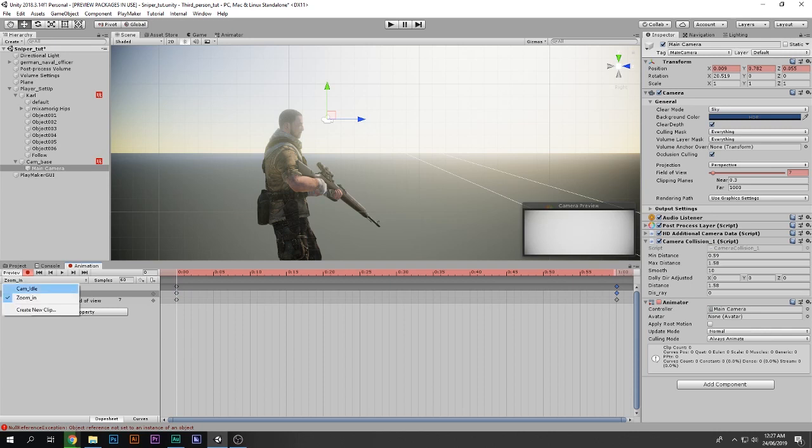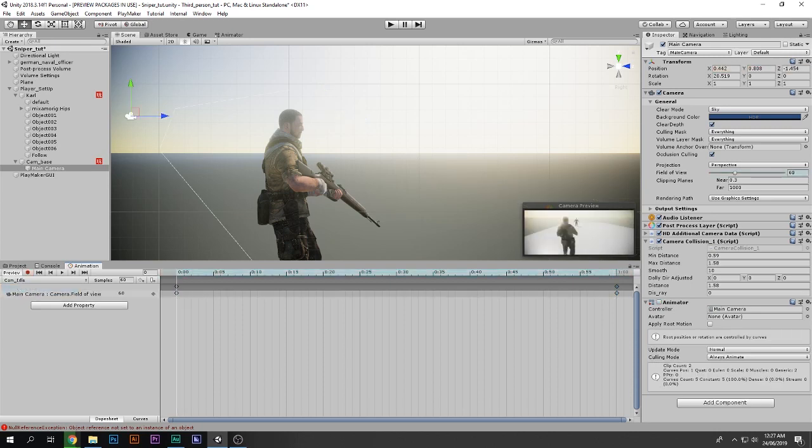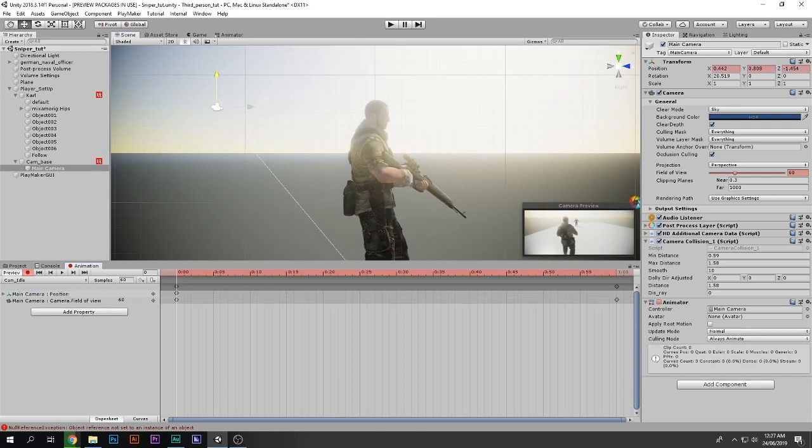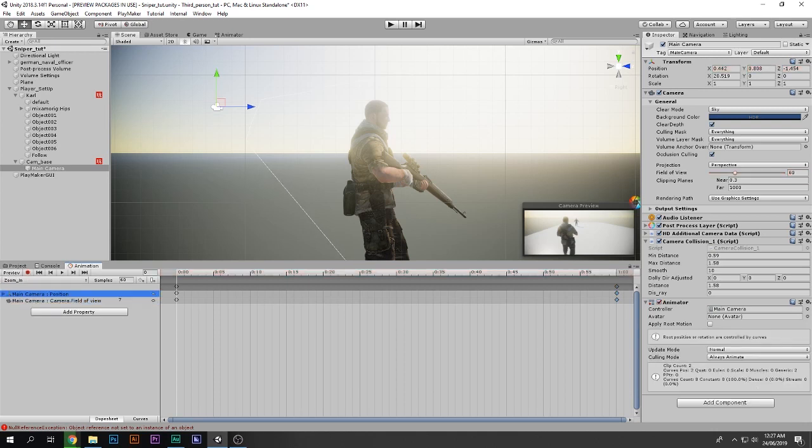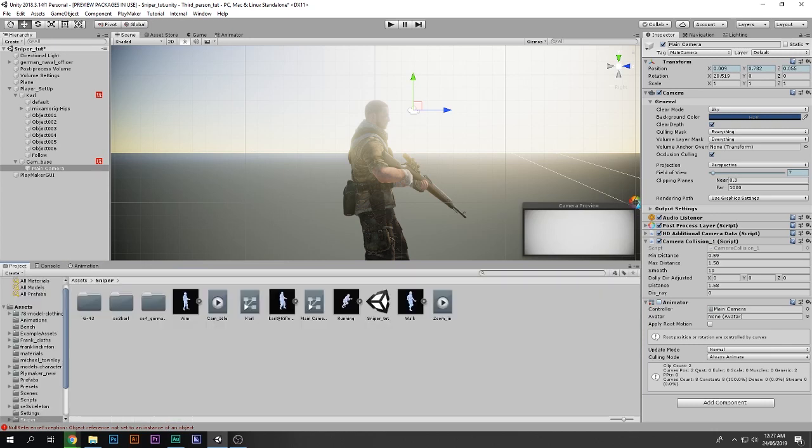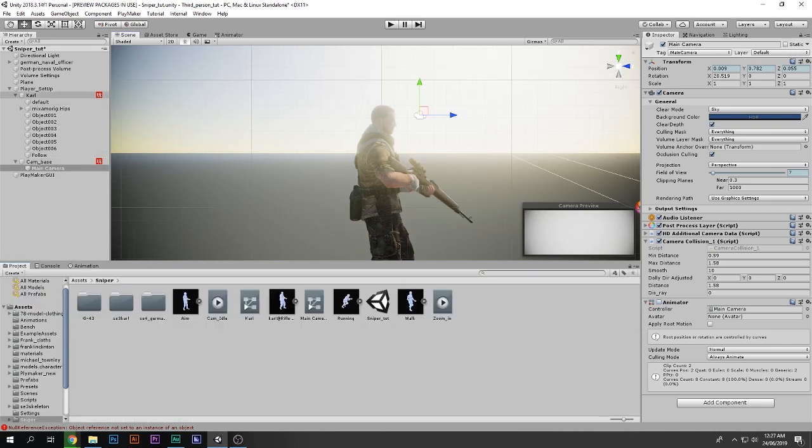Okay, and make sure you go to idle and record that also, and select the camera and move it a little bit, and then come over here and make the keyframes for that one too. So now we have the camera position and camera field of view for the idle, and we also have the camera position and camera field of view for that. Cool. So let me just quickly go ahead and go to the